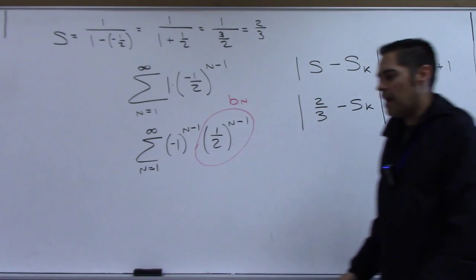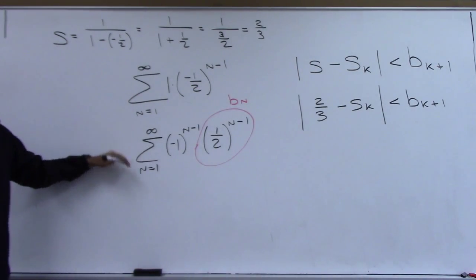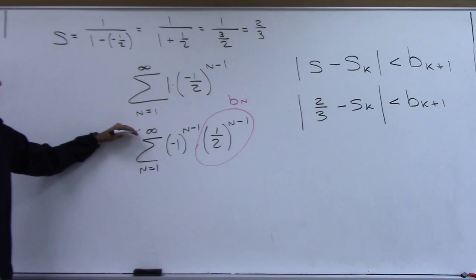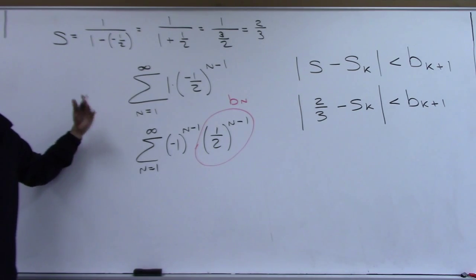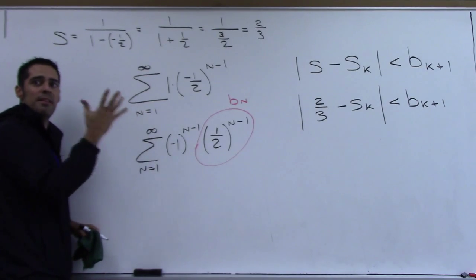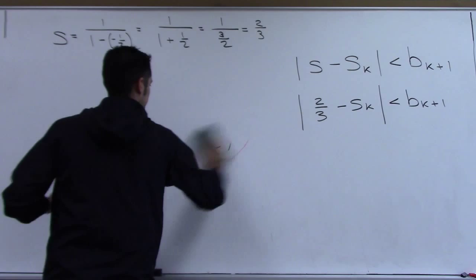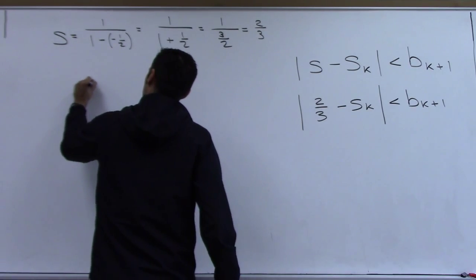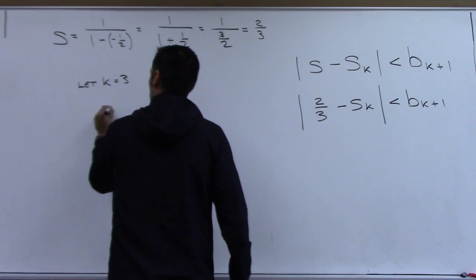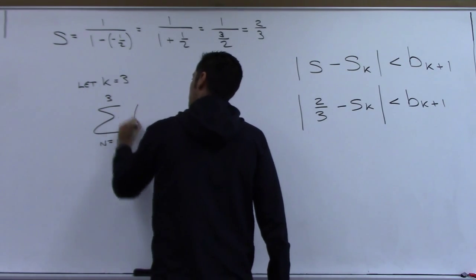Somebody give me a k to stop at, a partial sum. And let's not do anything crazy. Never mind, don't give me a k, I'll pick one and see what that k does. So I'm going to do 1, then 2. Let's go to 3. Let k equal 3. So when I take a look at my original series, if I were to stop at